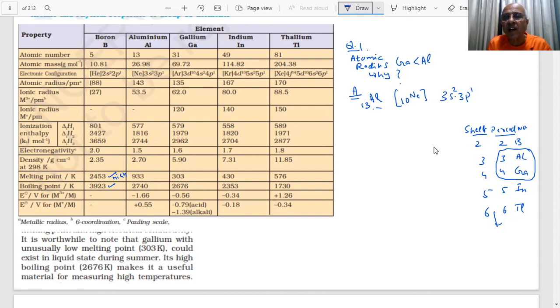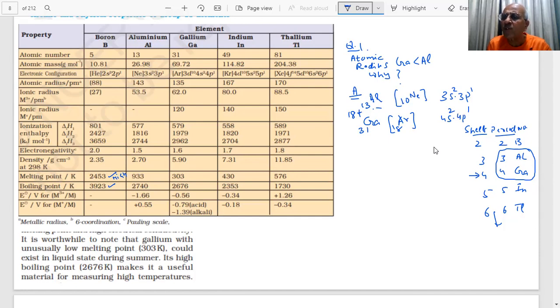Gallium, what is the atomic number of gallium, students? 13 plus the magic number 18, it will be 31. Which is the nearest noble gas before this, students? After neon, what are you getting? Argon, 18. Then which period is this? Here is a trick. Fourth period: 4s2, 4p1. Now what is the story, student? 18 plus 2, 20, plus 1, 21.